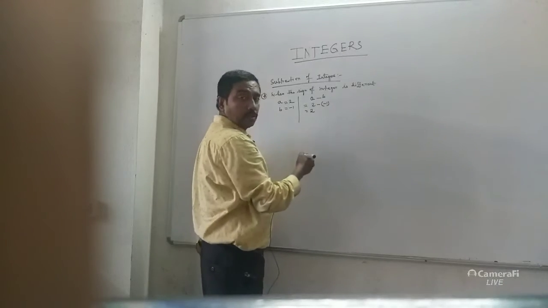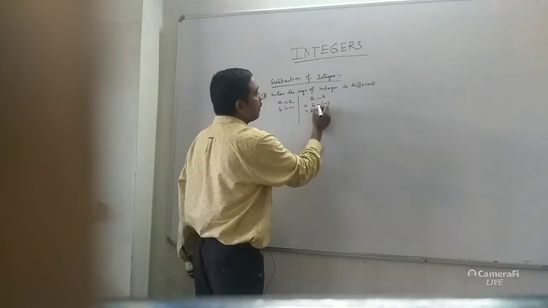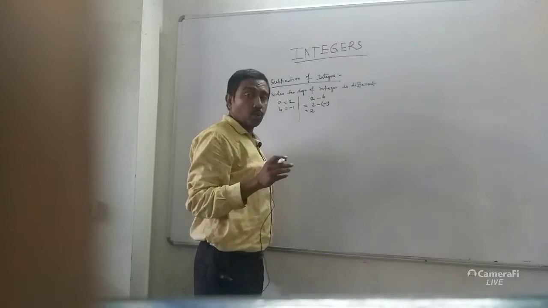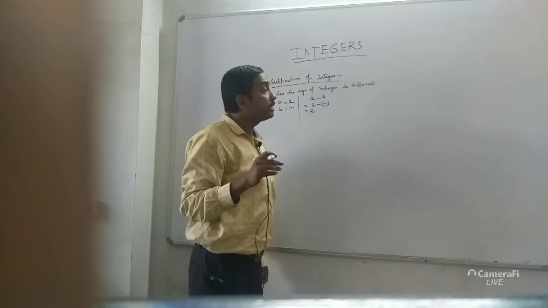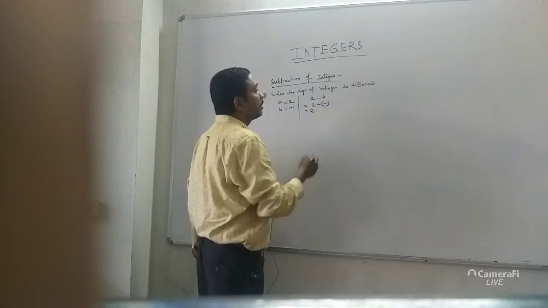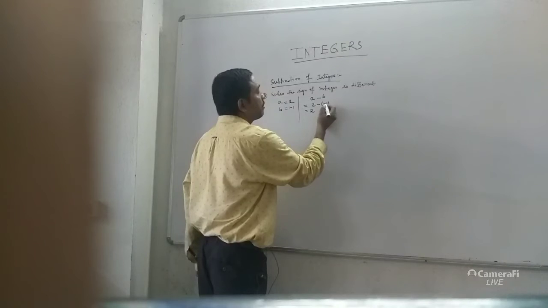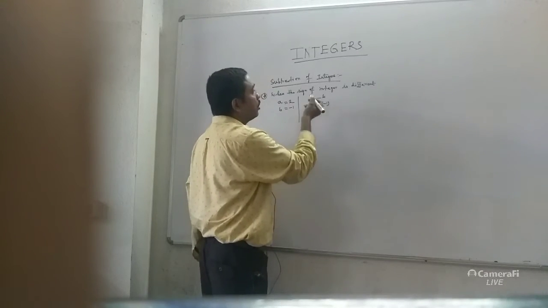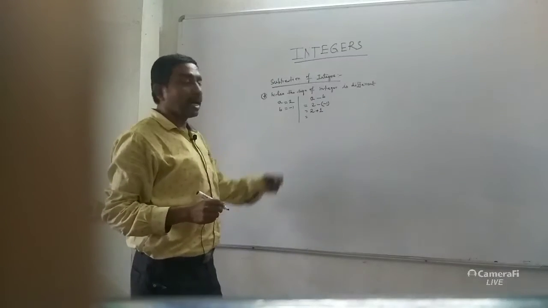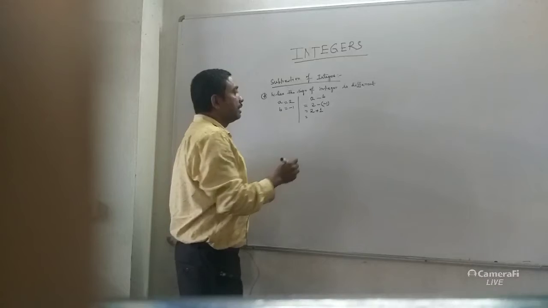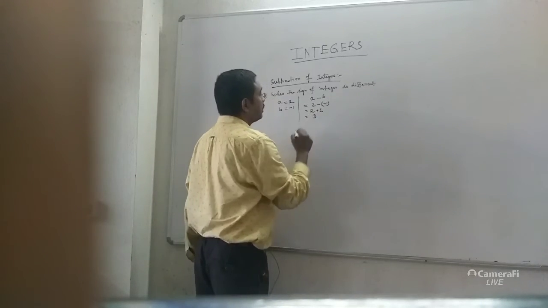Whenever a bracket comes, always keep in your mind that multiplication is done here, because two signs never stay together. So minus is multiplied here, because there is a bracket. So minus times minus becomes plus, and the given is 1. Look here, we do the subtraction but we do the addition. This is the peculiar thing you can find in integers. 2 plus 1 gives 3.